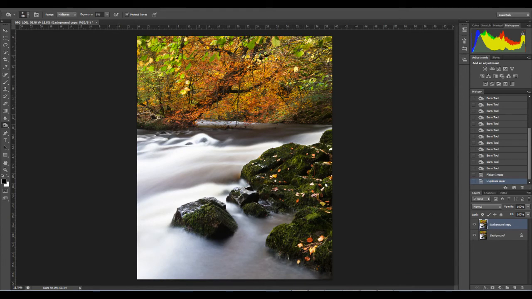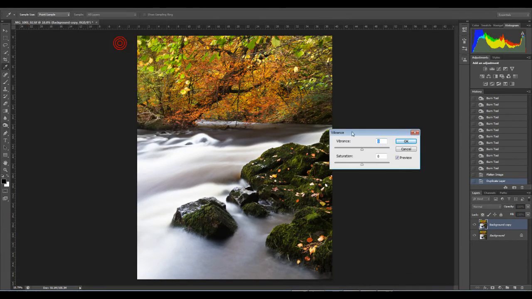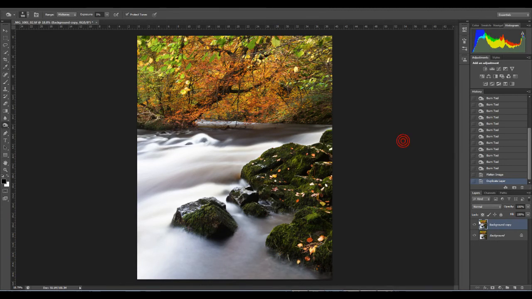So I'm going to image adjustments, and I'm going to take the vibrance and take it down by 5. Now because I've made copies of this, I'm going to get the vibrant one in the background. So this is the vibrant one, and I want to pick areas that I want to turn down. So rather than doing it on the whole thing, I can do this sort of selectively. For me, this area here feels a bit too vibrant, although ironically I wanted to add some vibrance. I'm just going to take it down a little bit, just so people aren't too distracted. Take that up a little bit,